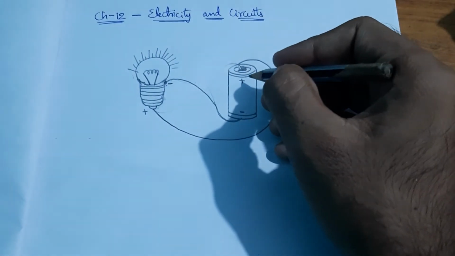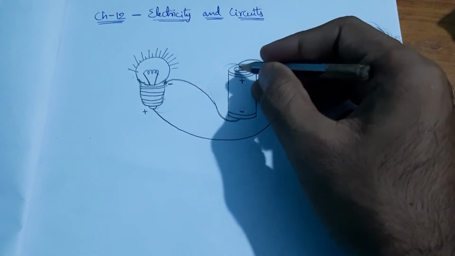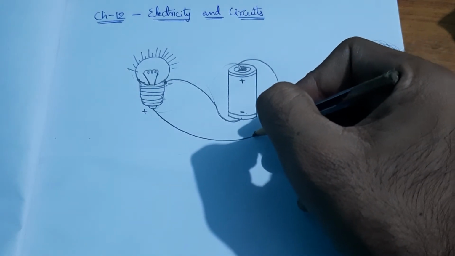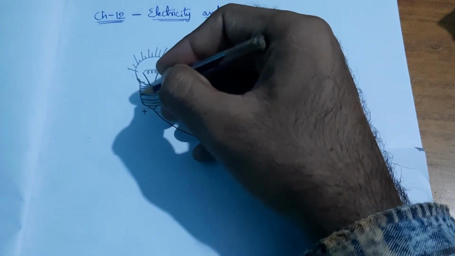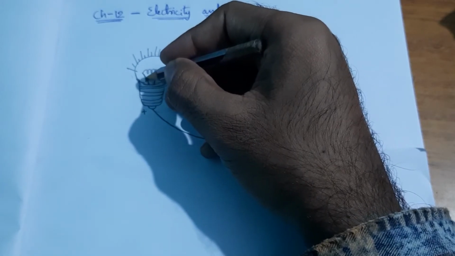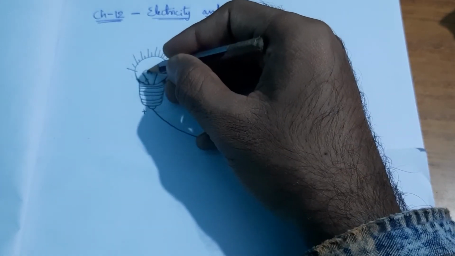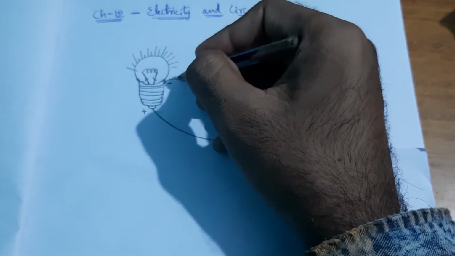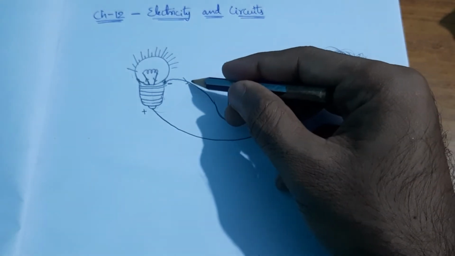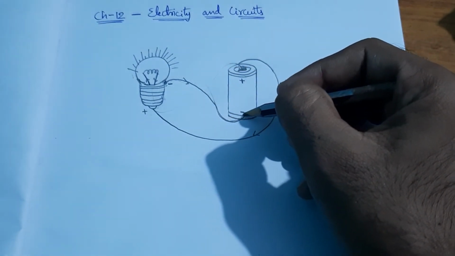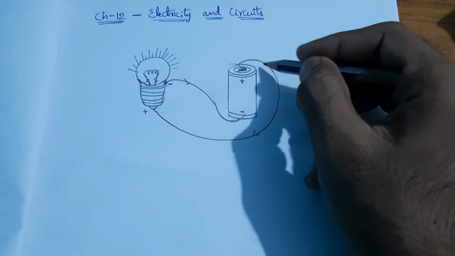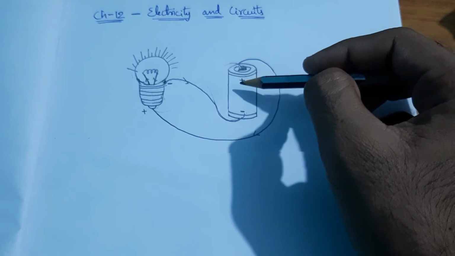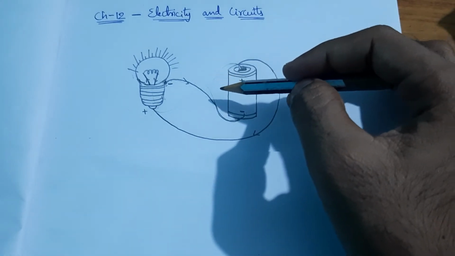What happens is the electrons or the current starts to flow from the positive end, goes in this way, flows through the bulb, goes inside this, comes here, flows through this filament, and then comes back and goes out from the negative end and travels back to the cell. So this forms a complete circuit of a bulb connected to a battery. So in this way the bulb glows.